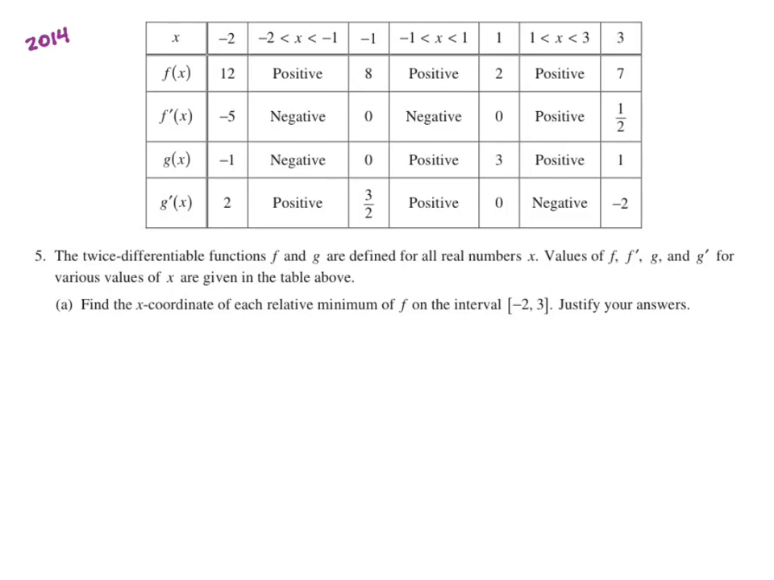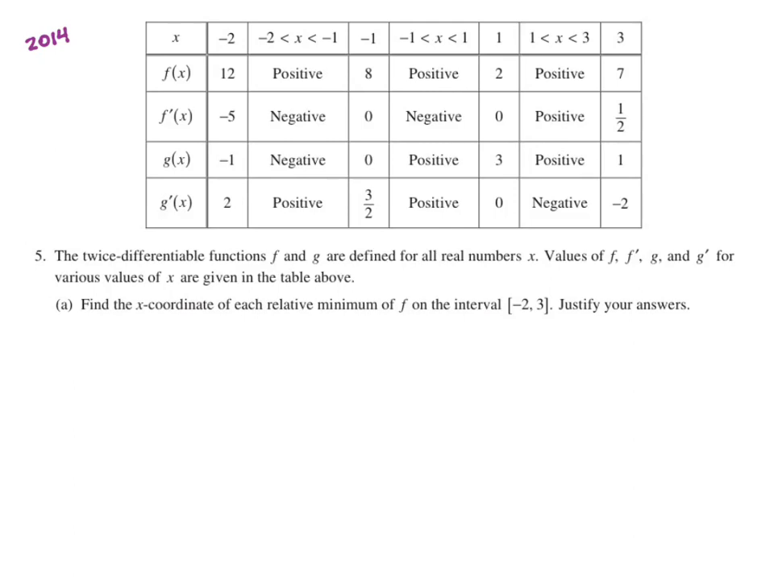The prompt tells us the twice differentiable functions f and g are defined for all real x values. Values of f, f prime, g, and g prime for various values of x are given in the table above. Part A says find the x coordinates for each relative minimum of f on the interval [-2, 3], and that's a closed interval. So just to kind of wrap my head around what's going on here,